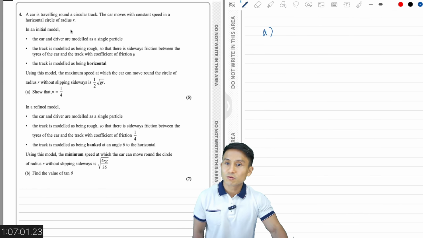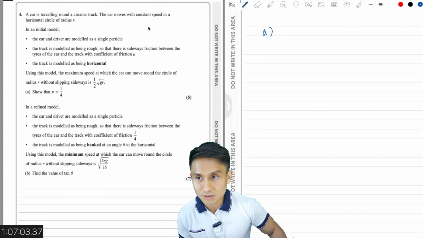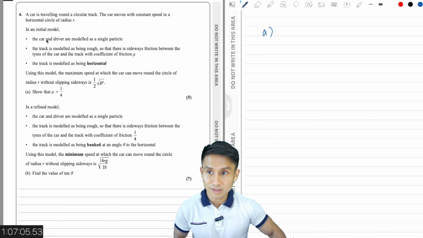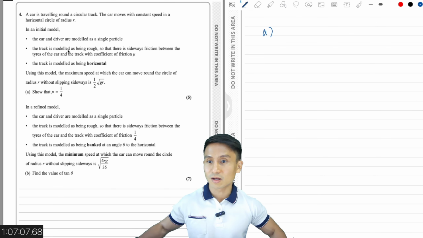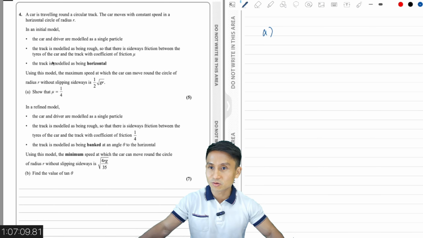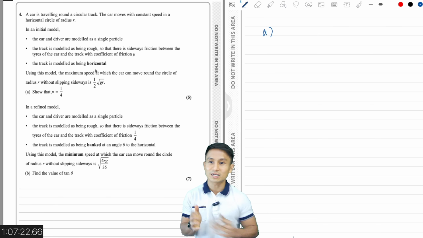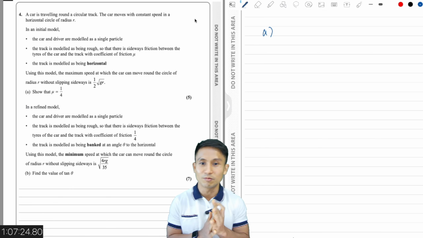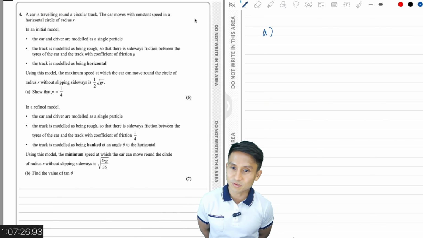A car is traveling around a circular track. The car moves at a constant speed in a horizontal circle of radius r. In an initial model, the car and driver are modeled as a single particle. The track is modeled as being rough so that there is a sideways friction between the tires of the car and the track, coefficient of friction mu. The track is modeled as being horizontal. Using this model, the maximum speed at which the car can move around the circle of radius r without slipping sideways